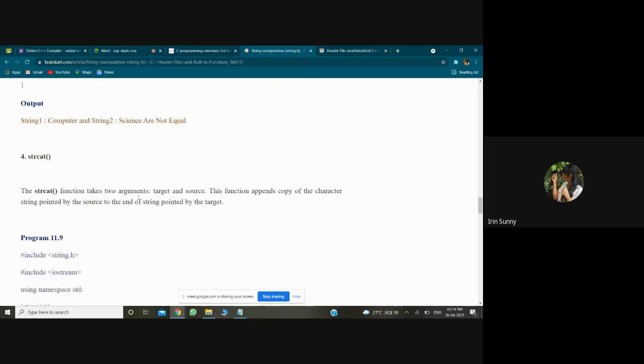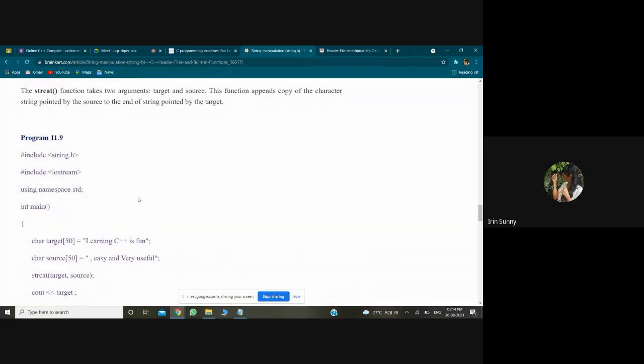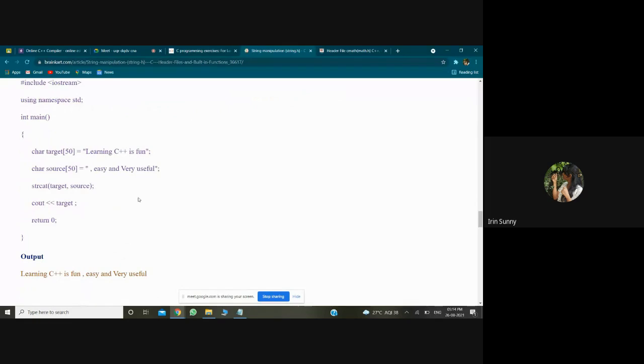And there is string concatenate, which helps us add or concatenate two strings. Here they use the strcat function instead of the plus sign. That is also safe. The plus is used as an addition symbol, but when we use plus with strings, it is used to concatenate, and when we use it for numbers, we use it for addition. That ability of a single symbol to do both is known as polymorphism.